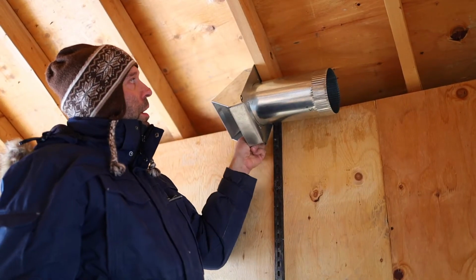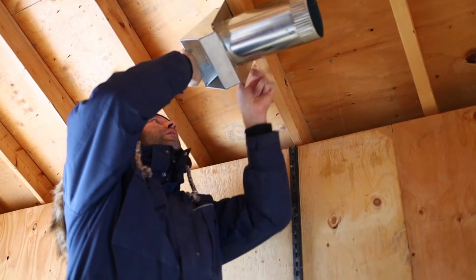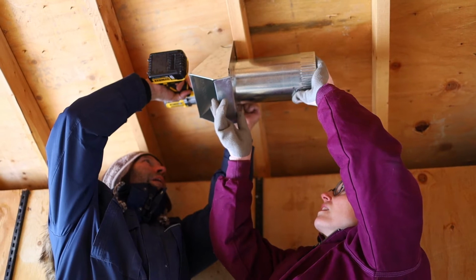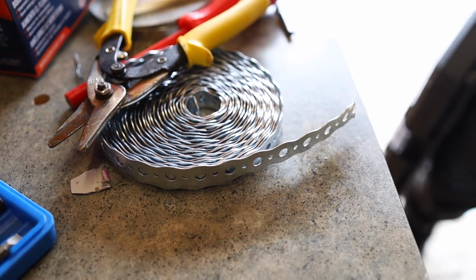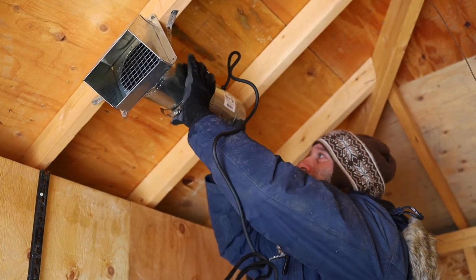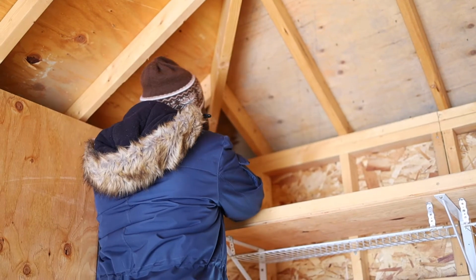What do you think? Here? And then we run it right straight out, right? Do you think we should? It doesn't matter, it's good. It's good, I think, where it is. That's good, right? Okay, should I come up the other side and hold it? Do you want to make sure the cord is on this side? There you go. Oh, you're gonna put it through there? I thought you were gonna put it through that one. Straight out. I thought that's where you're putting it. Yeah, that should be